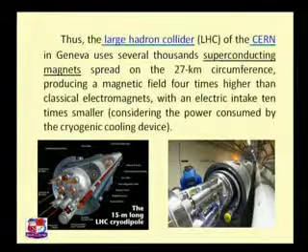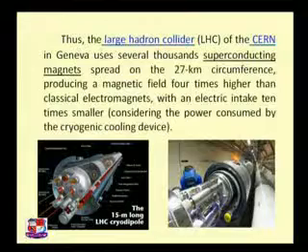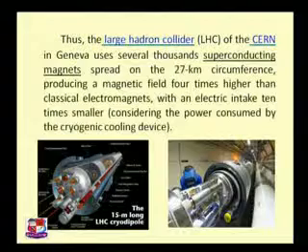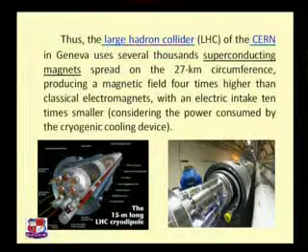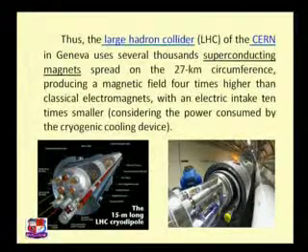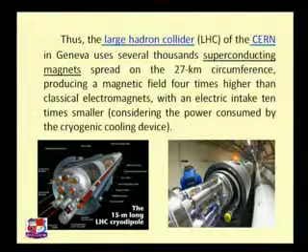They have set up a 27 kilometer circumference big accelerating arrangement, and in that case they were using superconducting electromagnets to accelerate the particles. Both the scientific diagram as well as the real picture are shown over here. We have a superconducting coil, and along with that a cooling arrangement is kept within the superconducting electromagnet, so that we can maintain the temperature below the critical temperature, and then we get a superconducting wire, and current passing through those wires will create a magnetic field.